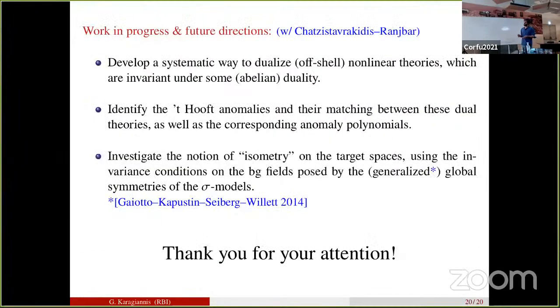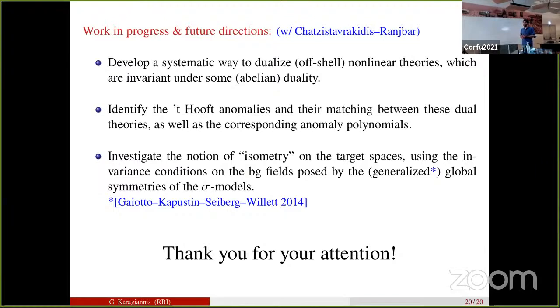And let me briefly mention some work in progress and some future directions in collaboration with Thanas and Taras. As I said, we are working on developing a systematic way to dualize at the off-shell level nonlinear theories, which are invariant under some abelian duality. Then we are also working on identifying the Hopf anomalies and their matching between these dual theories, as well as finding the corresponding anomaly polynomials. And finally,